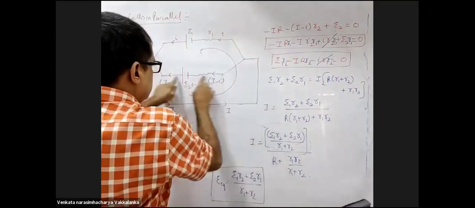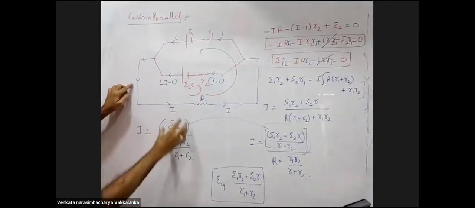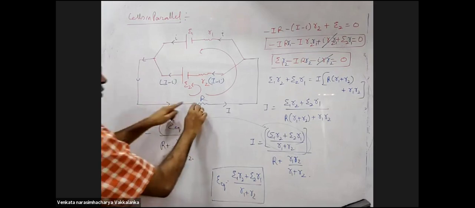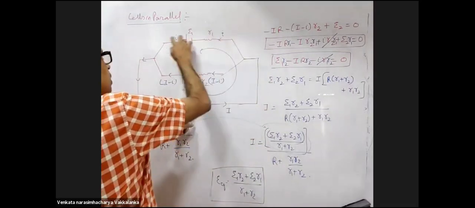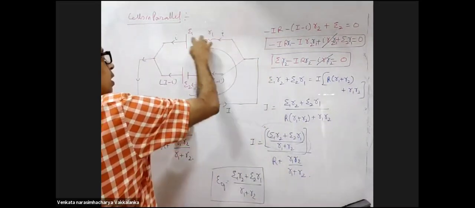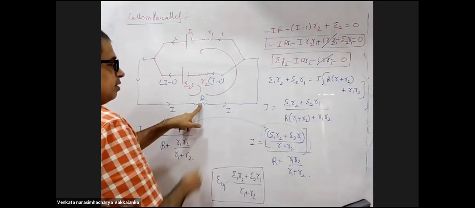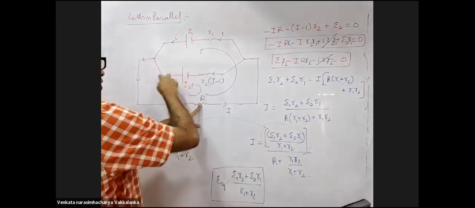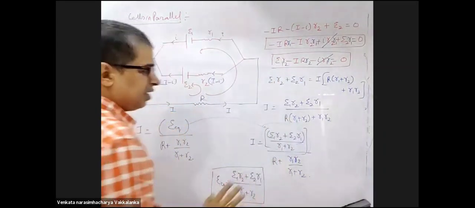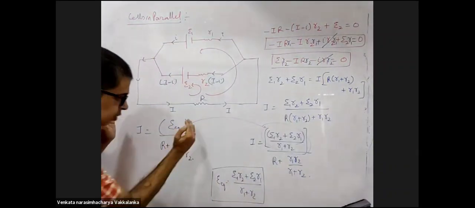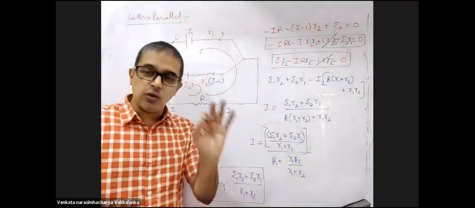I can replace this with one single battery of E equivalent if I can find I as something divided by this. So you applied KVL to this lower loop with R and the upper loop with R. Right? Agree? Yes, sir. Remaining is only simplification, adjustment of simplification to get it in this form. So far, so good, yes or no?